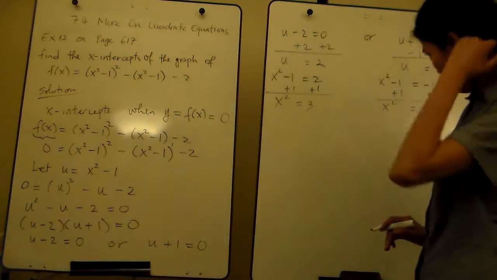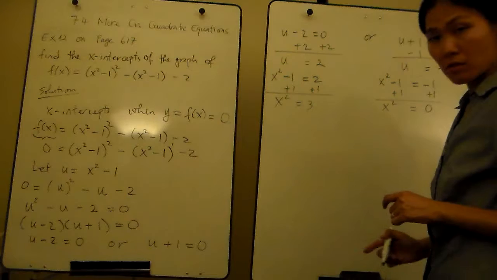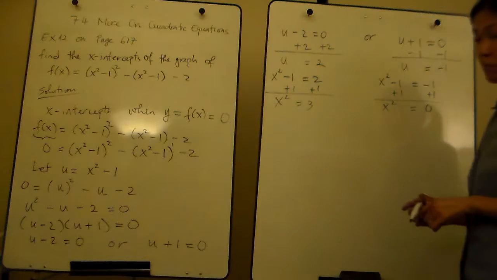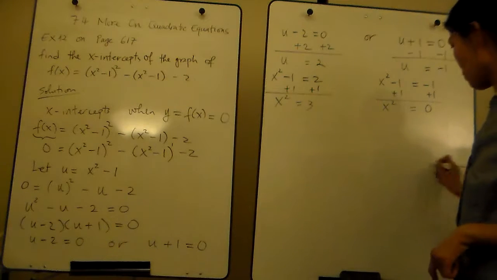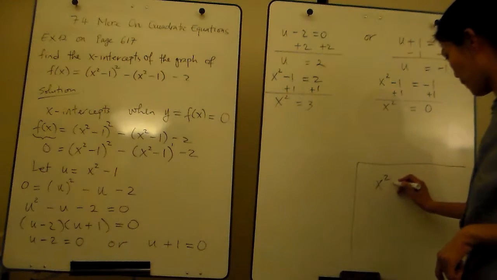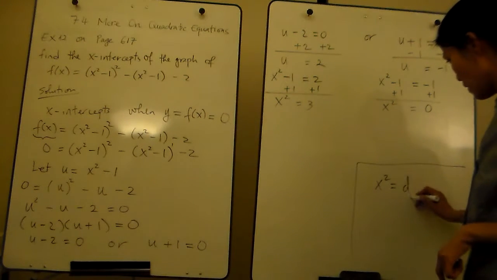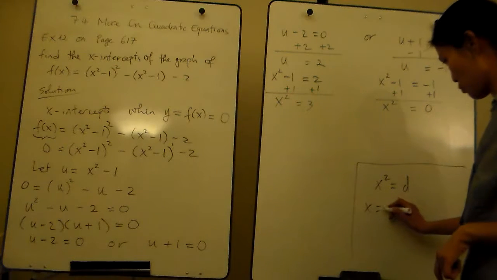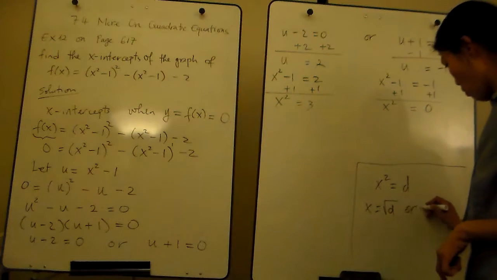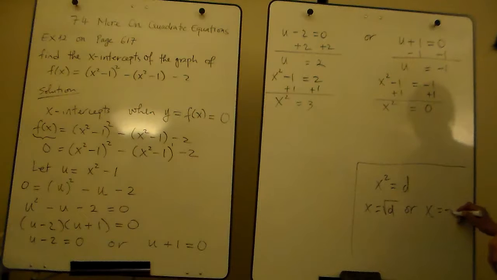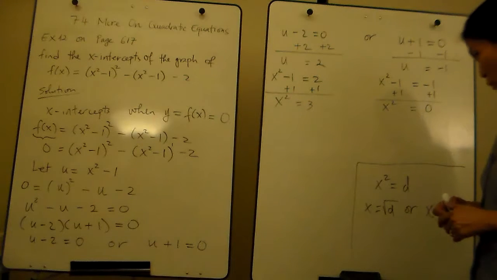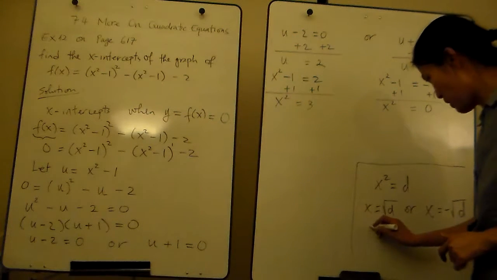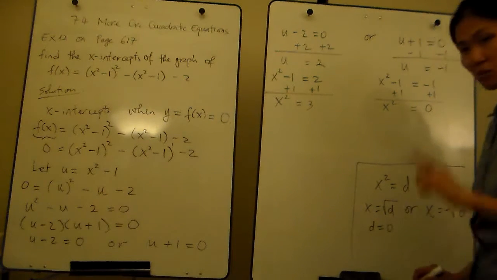Okay? Now, to solve this, we're going to use the principle of square roots. Okay? Now, by the principle of square roots, we have x squared equal to d. The solution is x equal to square root of d, or x equal to negative square root of d. Now, if you review the principle of square roots, it says that if d equals 0, there's only one